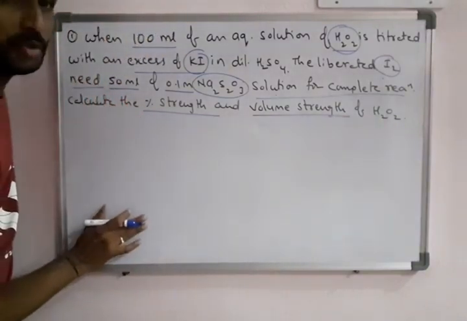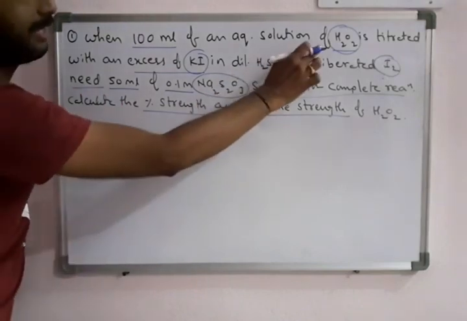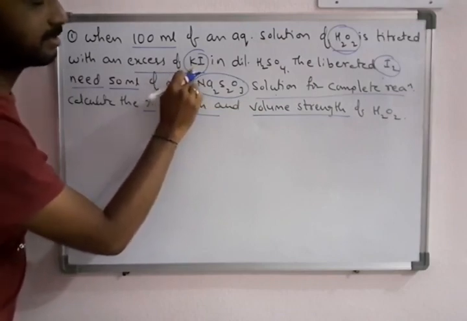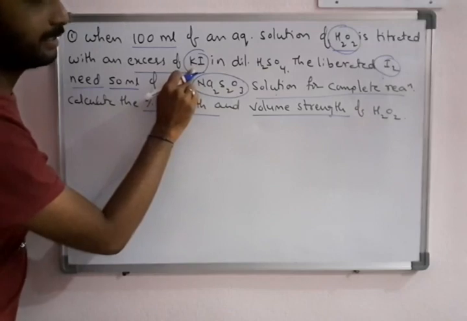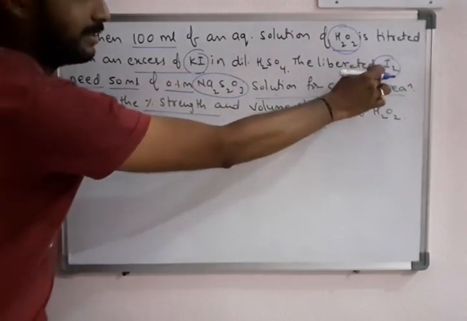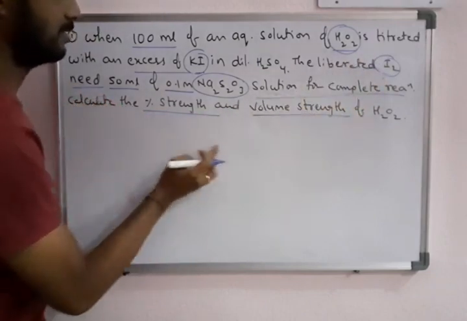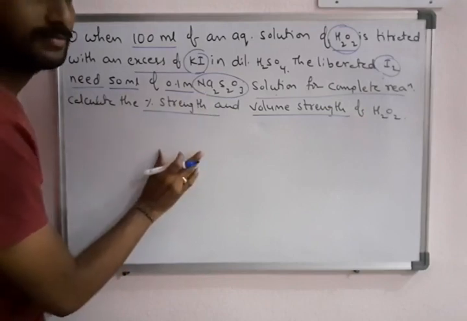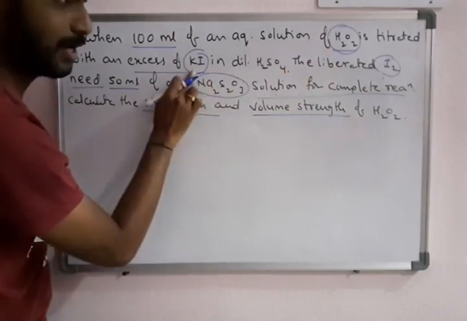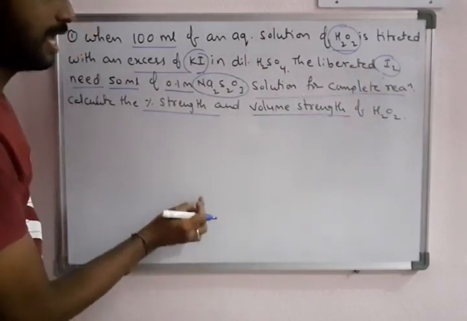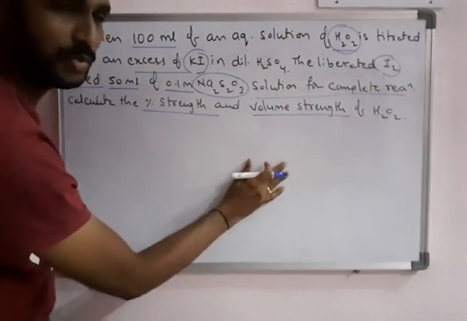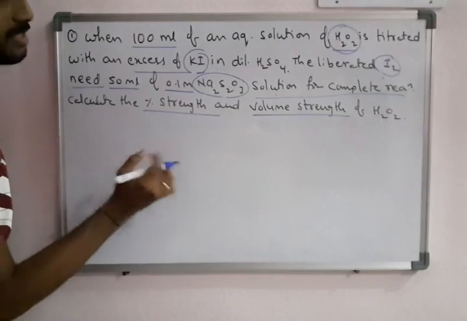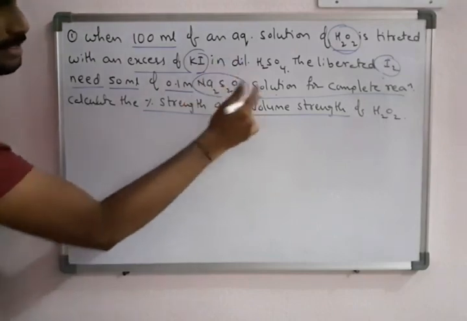Here there are totally 4 compounds given. At first the hydrogen peroxide reacts with potassium iodide, which changes potassium iodide into iodine, and this iodine requires sodium thiosulfate for complete reaction. Means H2O2 reacted with potassium iodide forms iodine, and that iodine completely undergoes reaction with sodium thiosulfate. So on these reactions we can write